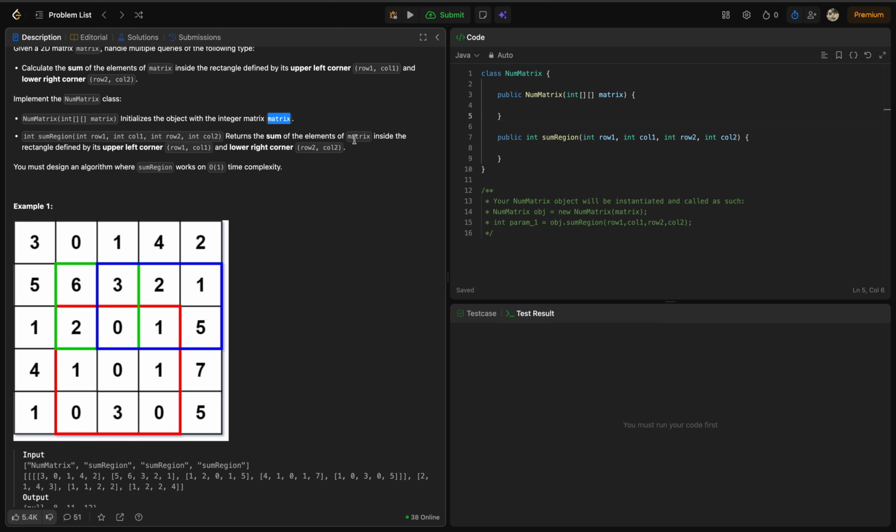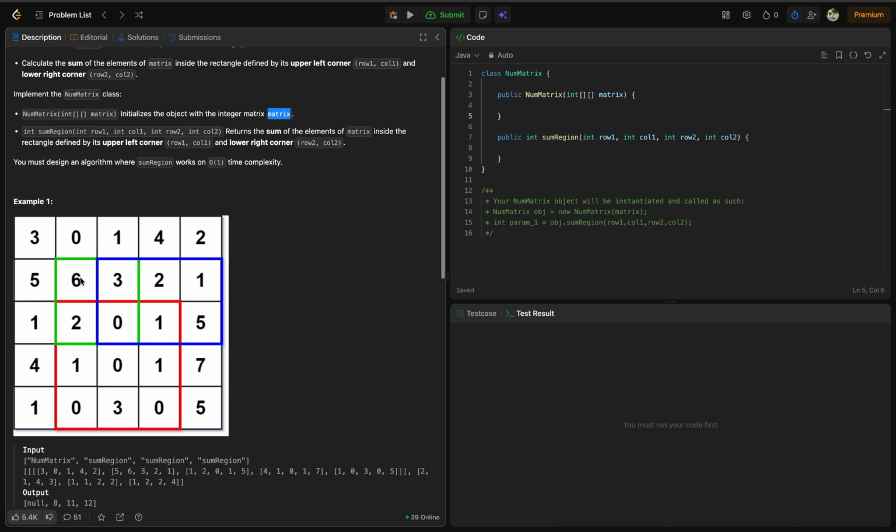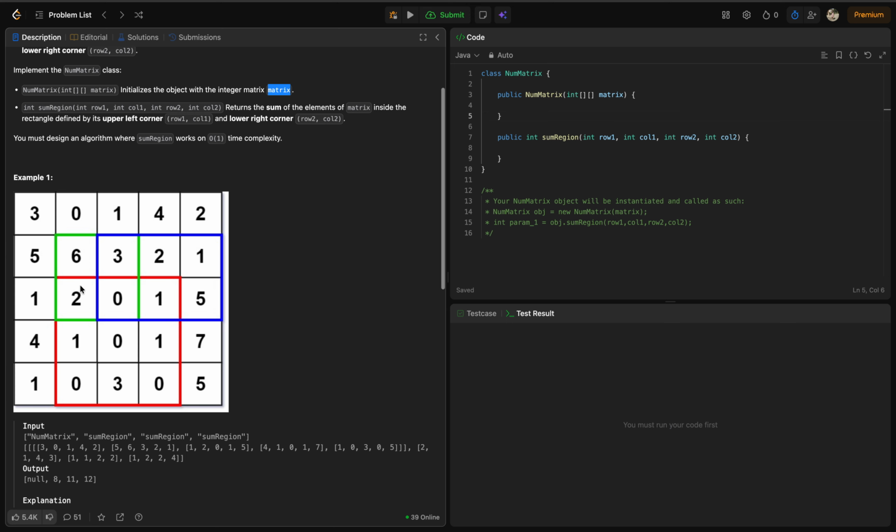Returns the sum of elements of matrix inside the rectangle defined by its upper left corner and lower right corner. अच्छा, तो जो भी हम क्वेरी में आएगा, उसका हमें सम लेना है, उस रेक्टेंगल का सम बता देना है।